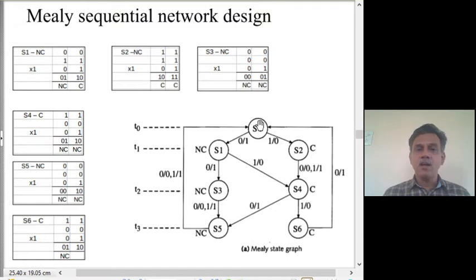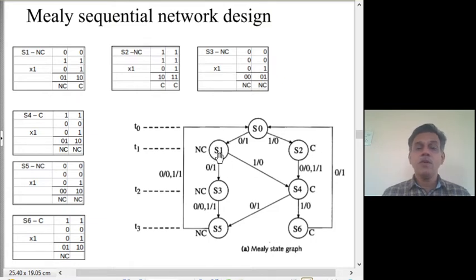We looked at so far that we are at a time t0 when we are in a state S0. At the time t0, x0 can be 0, in which case we will produce an output of 1 and go to S1, which is a no carry state. We will use the symbolic notation NC for no carry. When the input x0 is 1, we produce z0 as 0 and go to a state S2 where there is a carry, which we denote by using C. This is what we have seen.